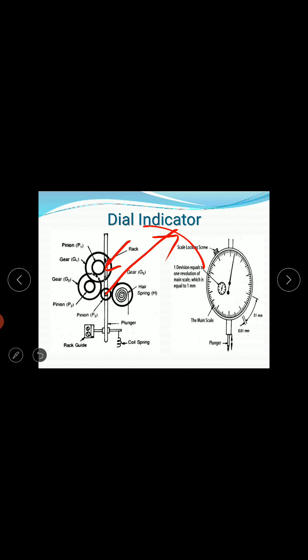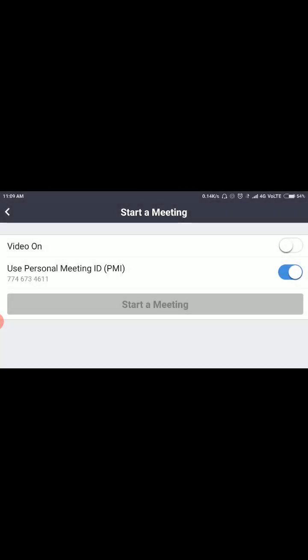If there is no change in the height of the object and the standard object, then there is no movement in the plunger. But if there is a dimensional difference between both,